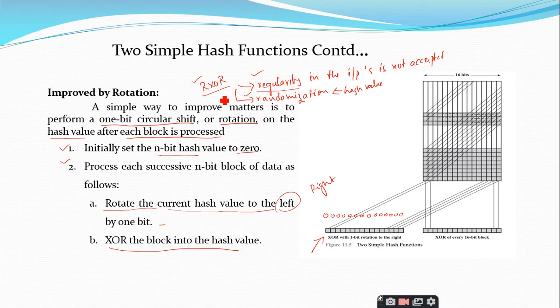But one point you have to remember here is, although the second procedure provides a good measure of data integrity, if there is no regularity in the input and if there is randomization in the hash values that are generated, that itself provides good data integrity. But still it is useless for data security when an encrypted hash code is used with a plain text.